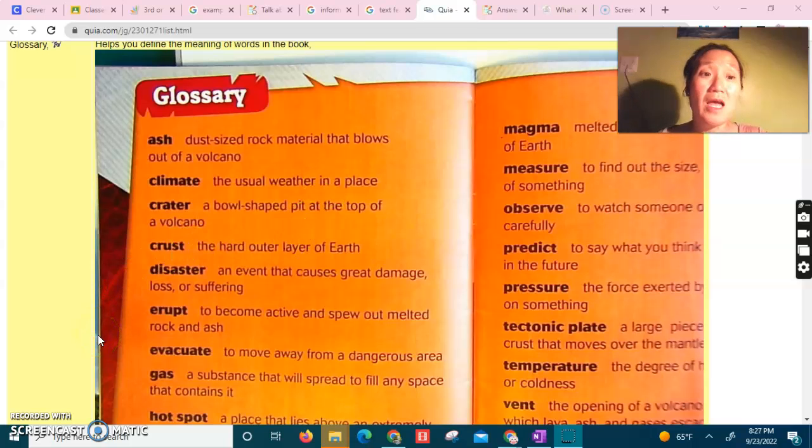Okay, so answer some questions about a glossary for me. You'll look at it. So again, where do you find the glossary? Back of the book. What's the job of a glossary? It helps you define the meanings of the words in a book, usually words you don't know or words that are important. Okay, it gives you the word, and then it gives you the definition. So this is the unknown word, this is the vocabulary word right here, definition beside it. Okay, so if we go back and we look at this one,